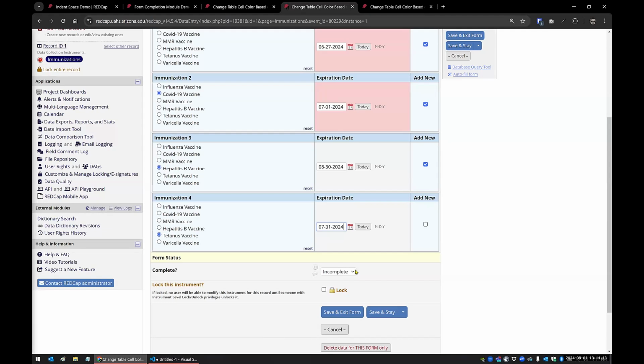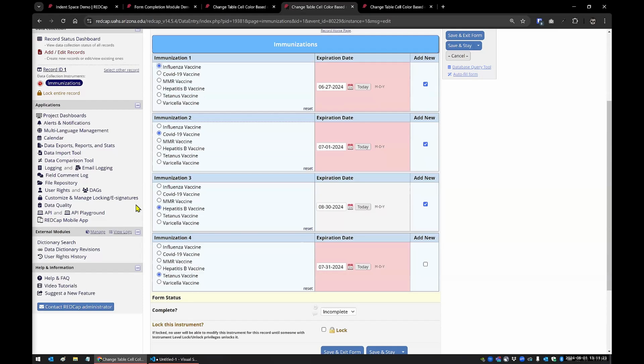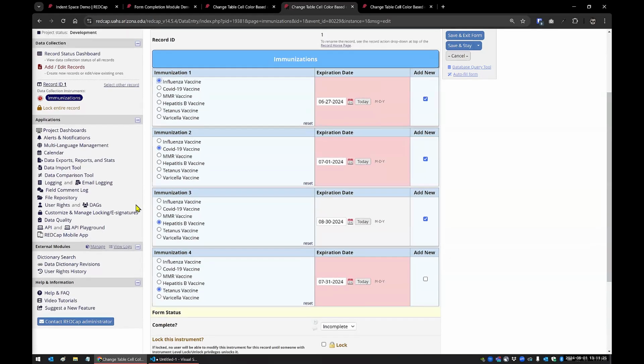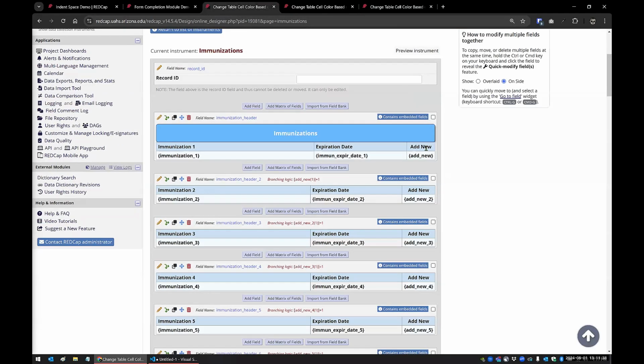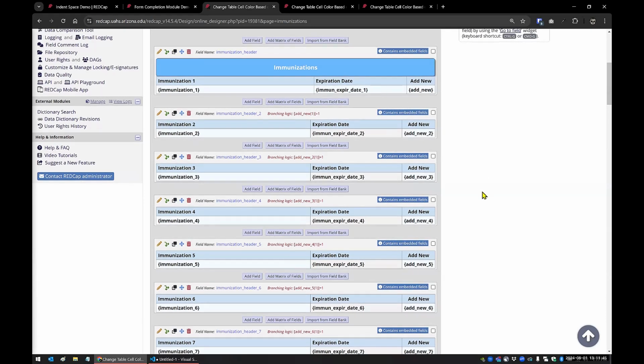it won't update if I leave the field. It'll only update if I save and stay or load the record. There are ways to make things fire when fields change, but the code that we used was fine with just firing when the record loads, because they just need to see it when the record loads. So in the designer, Terry has all of these as embedded fields, and the expiration date is the cell that we're looking at. So if we go into